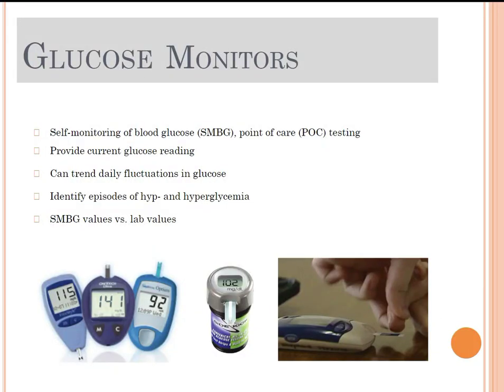We'll talk now about glucose monitors. These are used to monitor diabetic management. There are several types of monitors for home use or for use in a healthcare facility. The frequency and timing of monitoring is individualized to client needs. Glucose monitoring is considered a kind of point of care test because results are available at the bedside or the